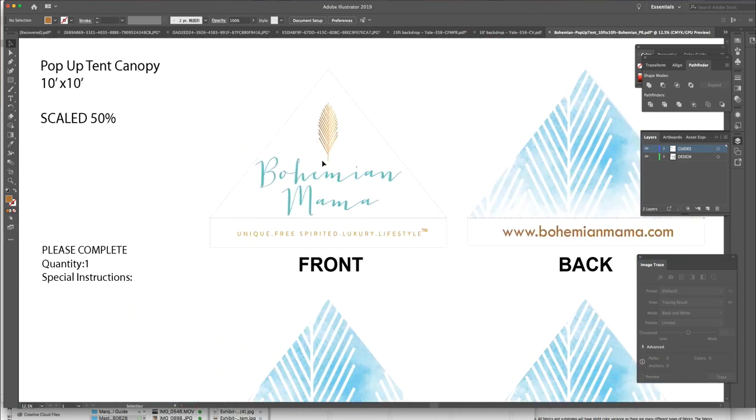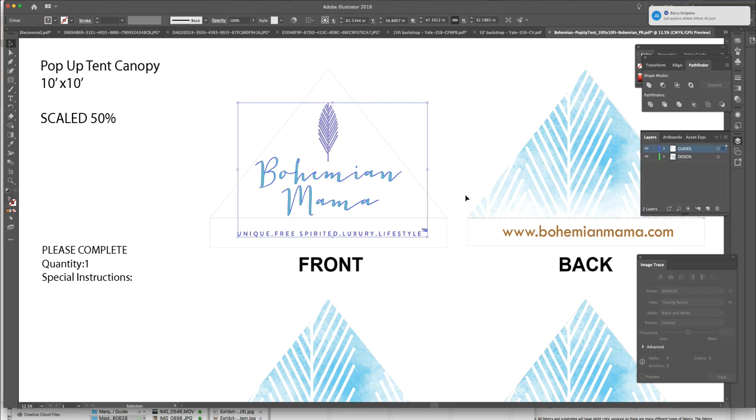We want to keep the properties here. If I save this as a flattened file, such as a JPEG or something else, or if I design this in Photoshop and then bring it into Illustrator and then save it, it's raster, and we don't want to do that. So doing it in Illustrator like this, in vector,